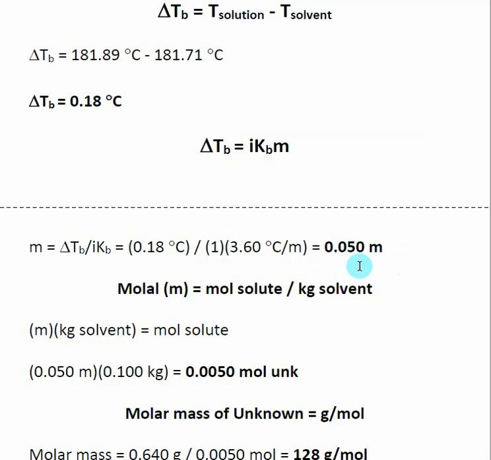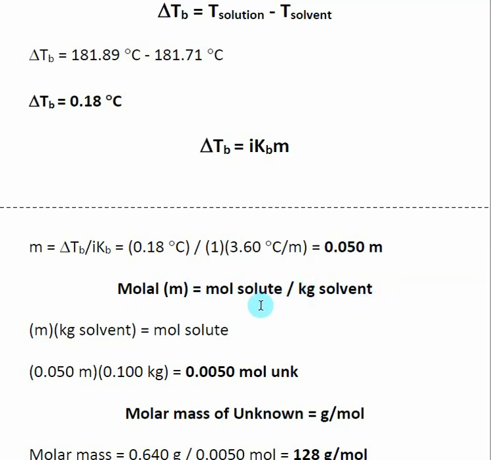Now that we have molal, when we look at the units, it's moles of solute divided by kilograms of solvent. Moles of solute is something that we want to find. A molecular weight is grams per mole, and we've already found the grams. Now we want to find the number of moles. So the next thing that we want to do is find how many moles of solute. In order to do that, we need the molal, which we just calculated here, and we need to know how many kilograms of solvent. Well, that was given. We weighed that out at the very beginning of the experiment.